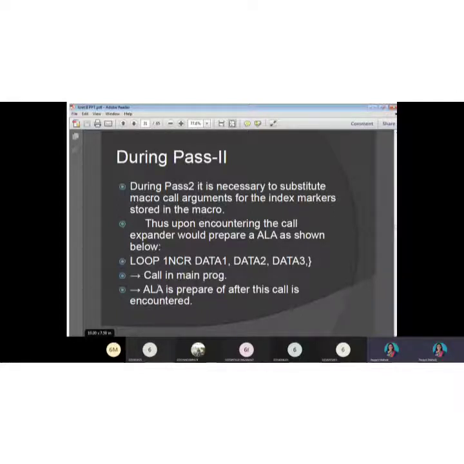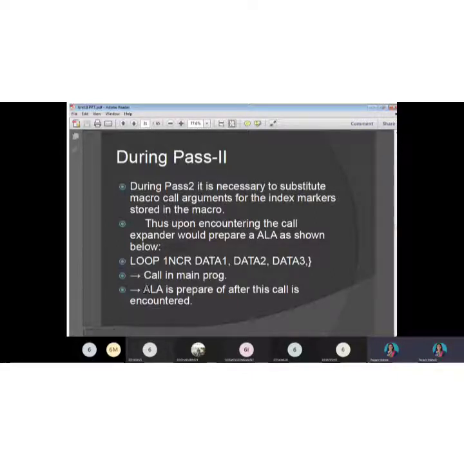So what we do in this pass 2 is simply substitute the macro arguments for the index, because macro call and macro expansion is what is important, and that is carried out in pass 2. Wherever the call is in the main program, it is identified, and a macro call is followed by macro expansion.